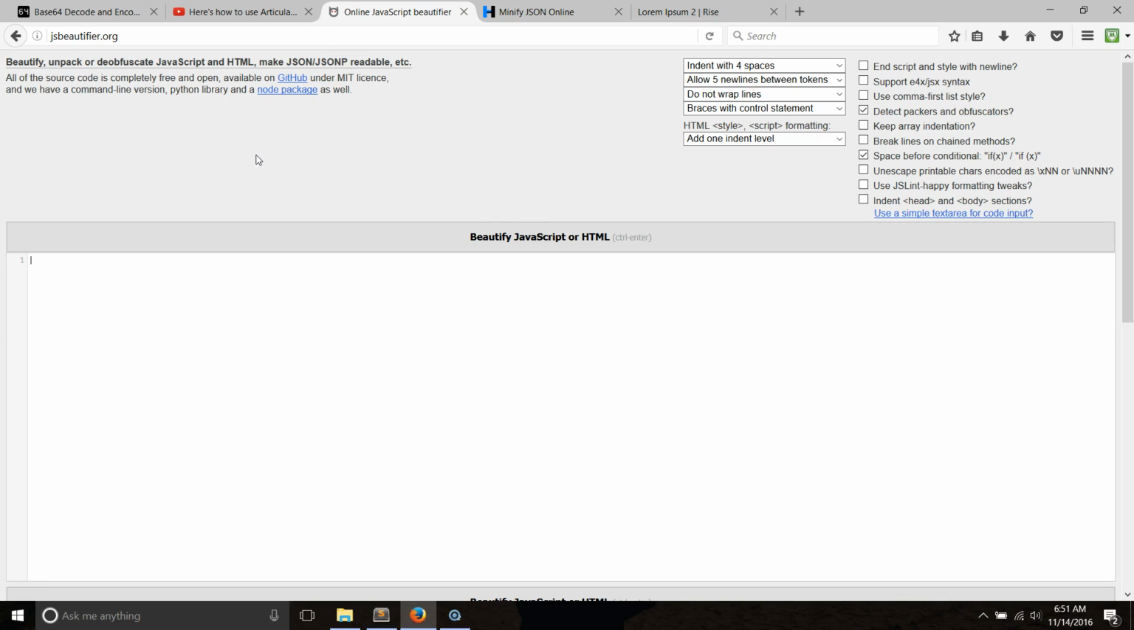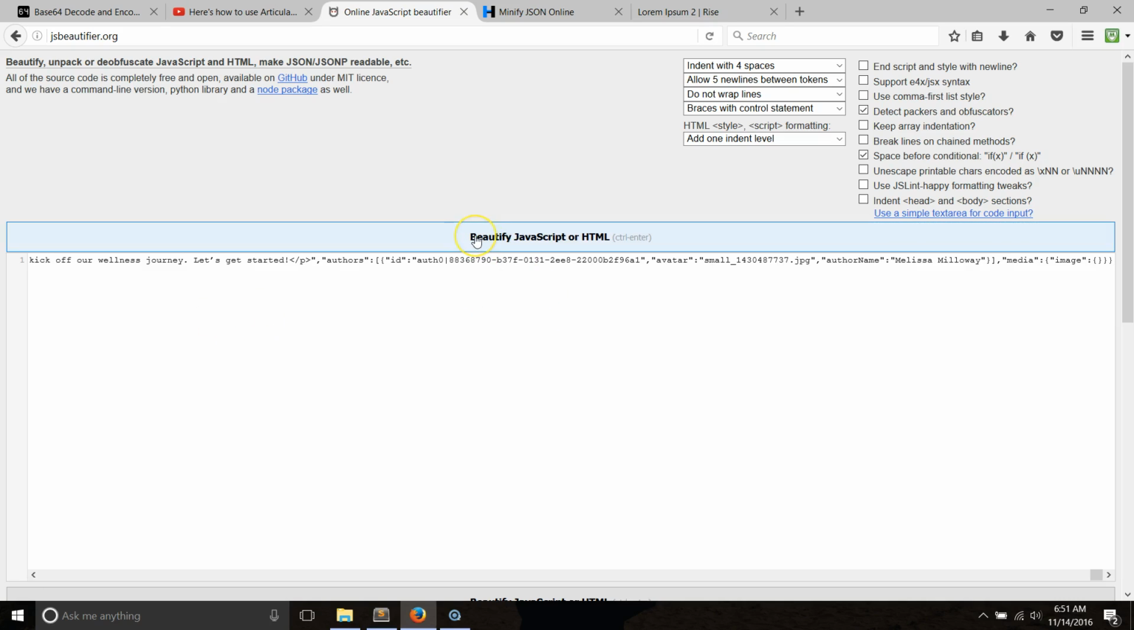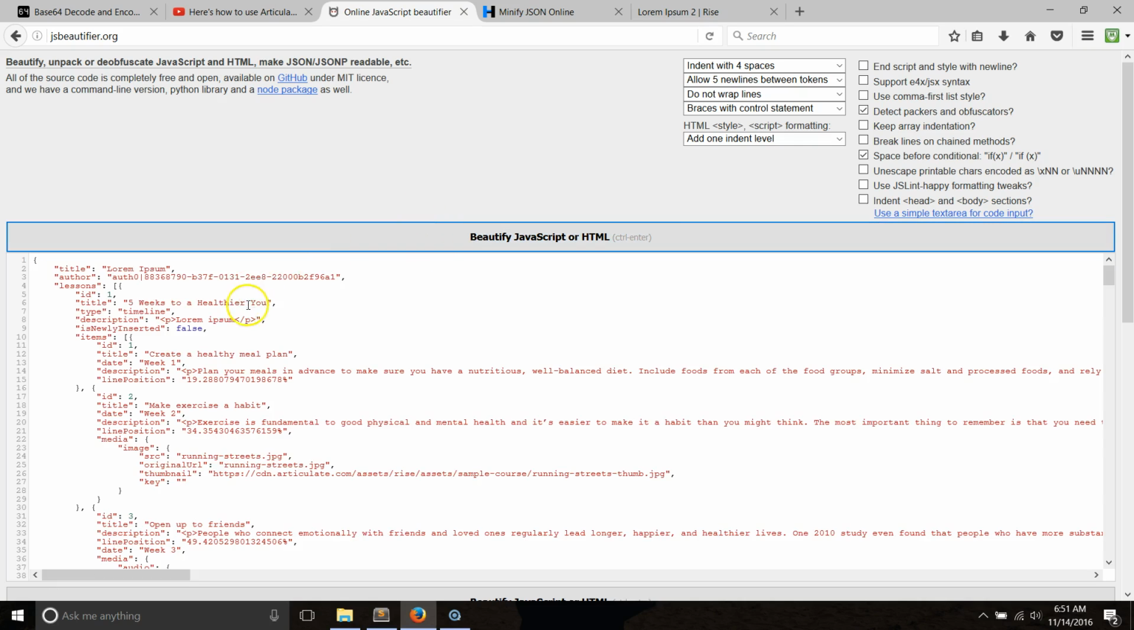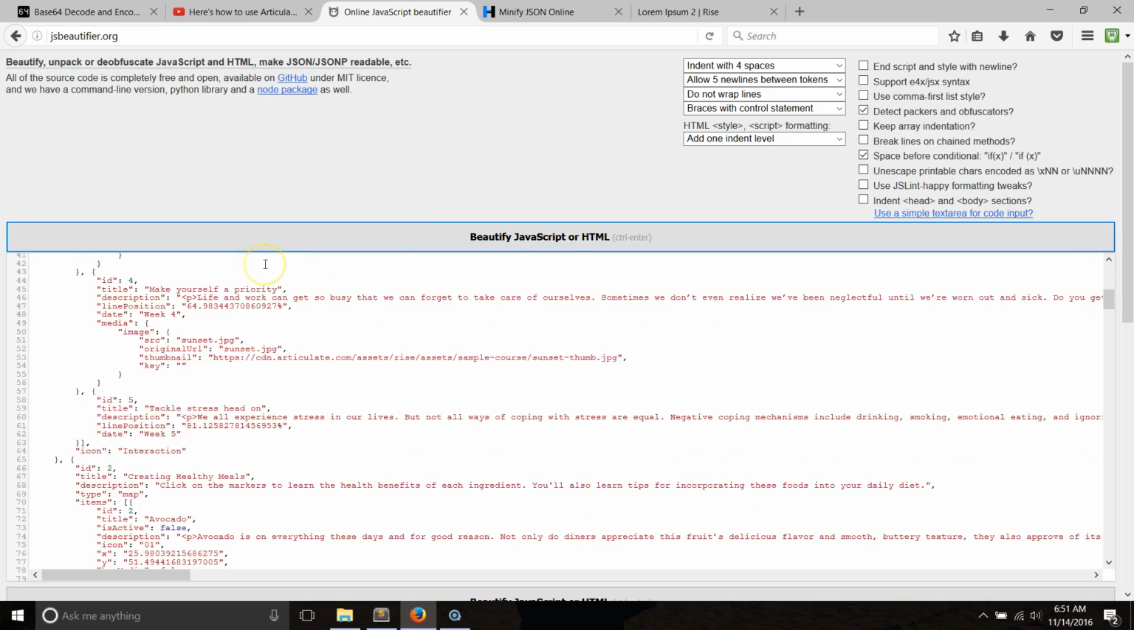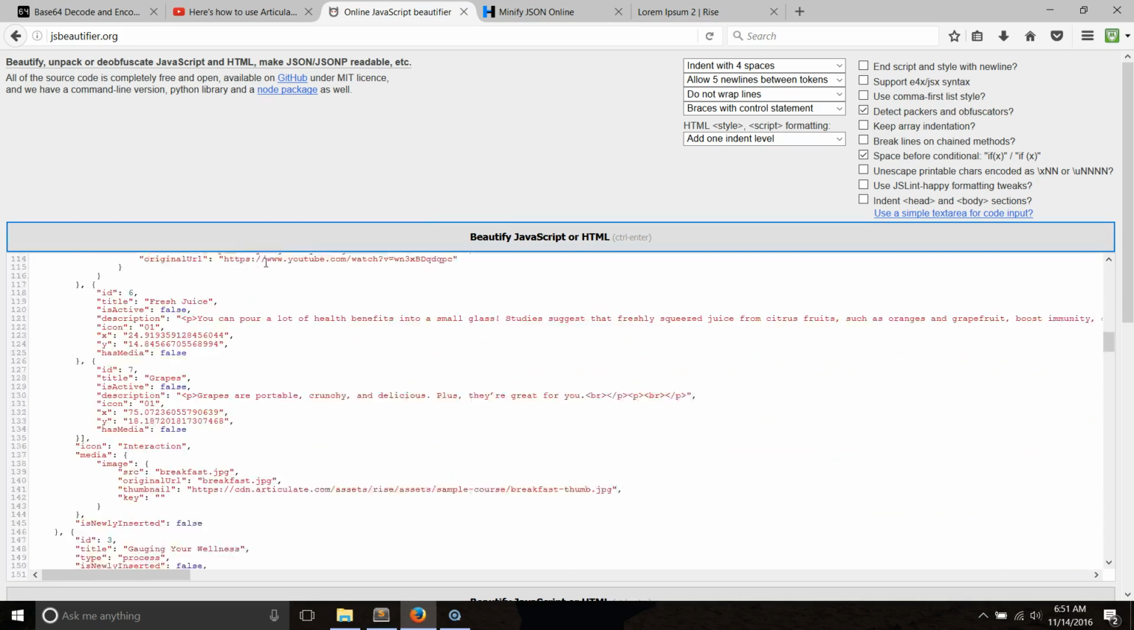So this is something that you can download an unminifier from the web to use in your command line or some of your text editor, code editor tools. But for now I'm just going to use it like this. If I paste this in here, what is going to happen when I click this button is it's going to make it way more readable. So when I select this button, you can see here we can read everything way more easily, and it's in